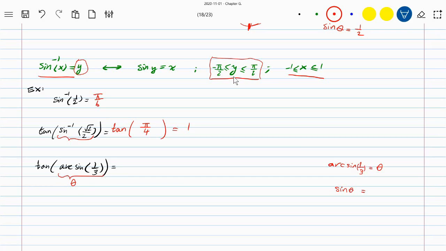Sine theta must be 1/3. This is what we know. The inverse sine at 1/3 is theta, so therefore sine of theta must be 1/3. Or if you don't, there is a step in between that if you don't